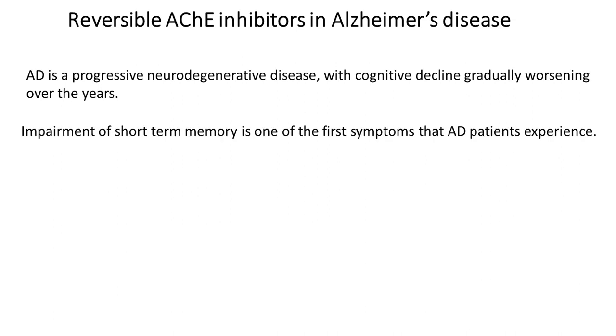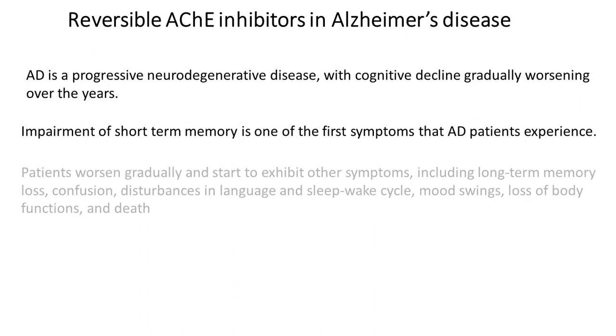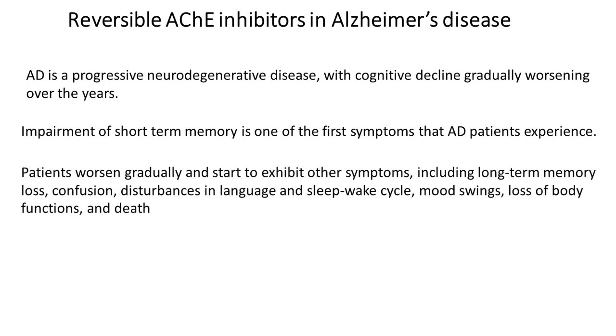It impairs short-term memory. This is one of the first indications, or otherwise symptoms, that Alzheimer's disease patients experience, and it will worsen gradually. It shows loss of long-term memory. It leads to confusion, disturbances in language and sleep-wake cycle, mood swings, loss of body functions, and ultimately it leads to death. Okay, it leads to death because